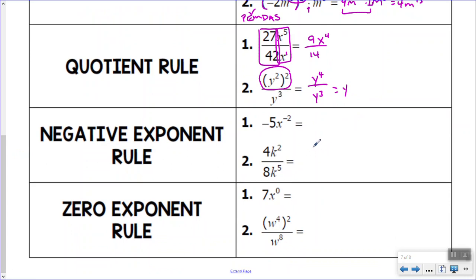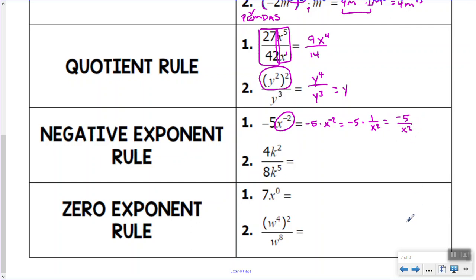Remember that any time we have a negative exponent, we want to simplify that by moving it to the other part of the fraction. If it's in the numerator, it moves to the denominator, and vice versa. Remember that the exponent only affects the term that it's directly next to, or the term that it's touching. There are no parentheses to bind the -5 and the x together, so this negative 2nd power only deals with the x. This is multiplication, so we have -5 times x to the -2nd, and we fix that negative power by moving it down into the denominator. So this becomes -5 times 1 over x squared,